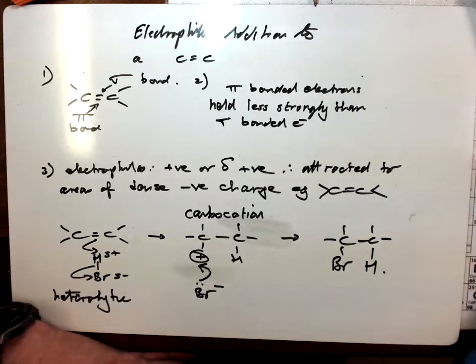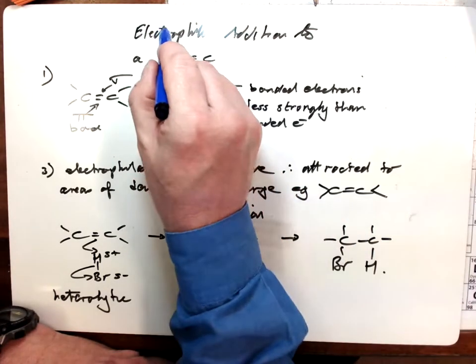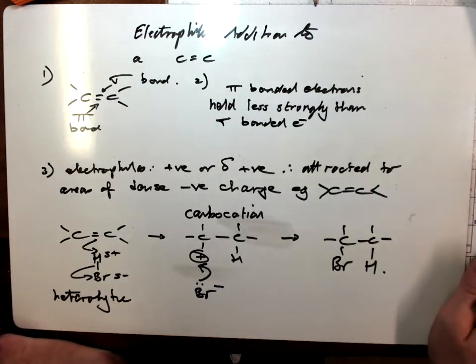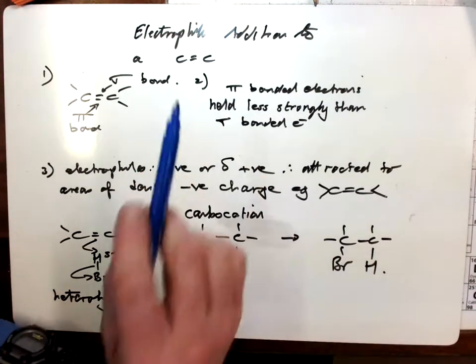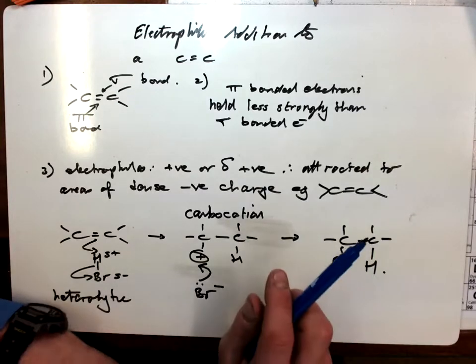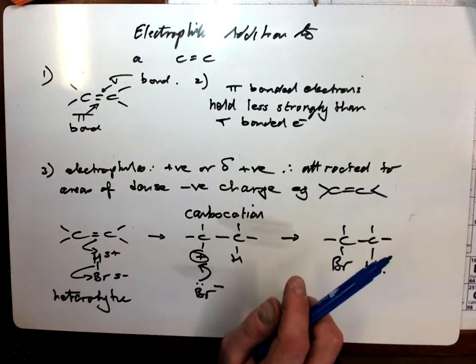Okay guys, we're going to have a look at the second mechanism on the AS syllabus, which is called electrophilic addition, and it's electrophilic addition to a carbon-carbon double bond that we're looking at. So the first thing I suppose we need to look at is the goings on in a carbon-carbon double bond,